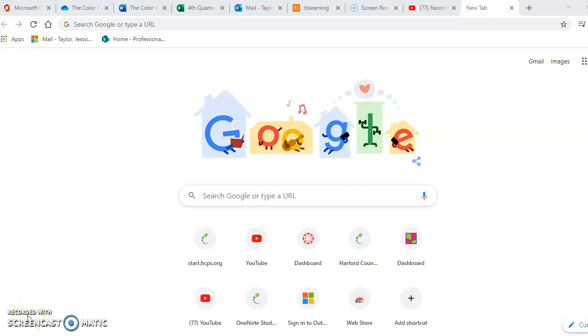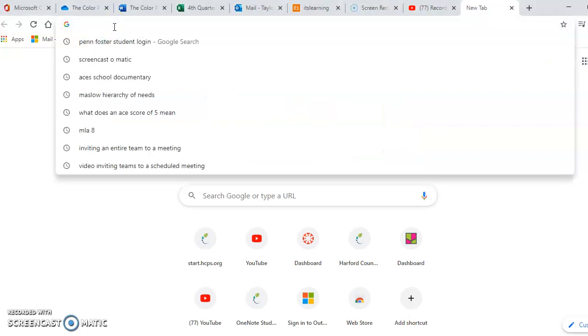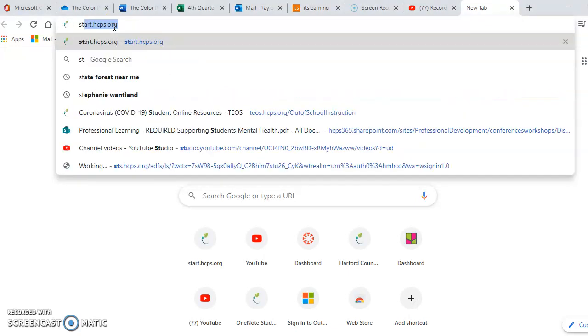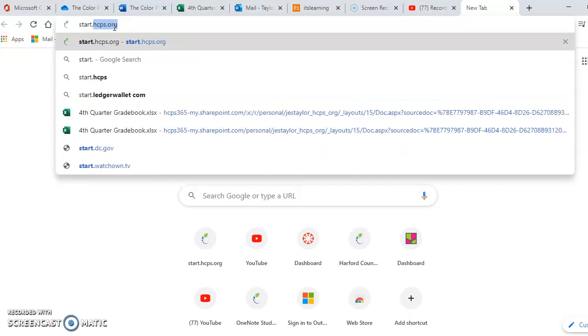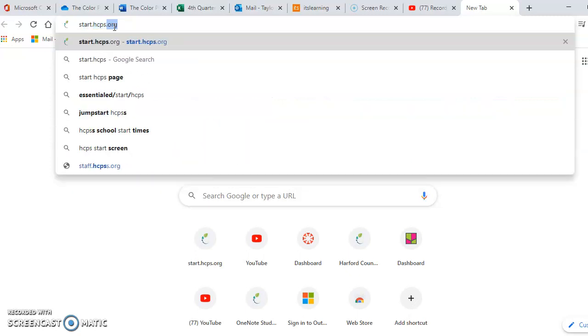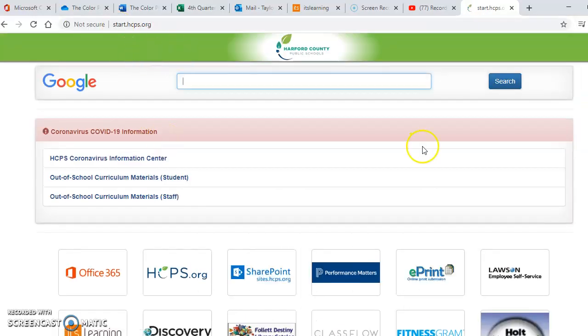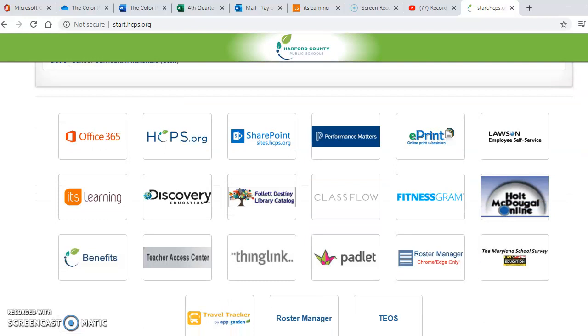This is a brief video to show you how to access your email, your It's Learning page, and your online textbook. The first step is to always make sure that you're logged on to your email. You'll log on to your email by going to start.hcps.org. Once you get to that Harford County Public Schools homepage, you want to make sure that you've logged into